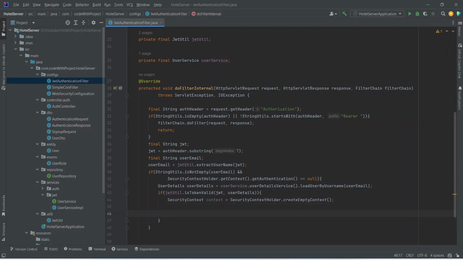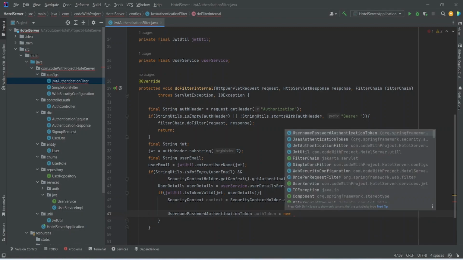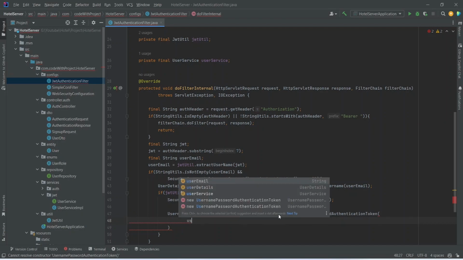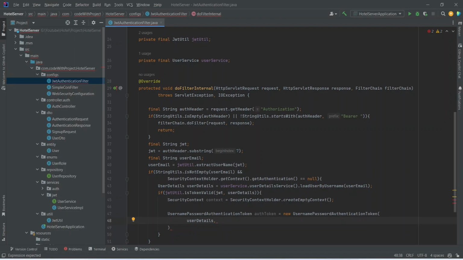So first of all we need to create the auth token, and to create the auth token we will create the object of UsernamePasswordAuthenticationToken and we will name this as authToken and we will initialize it with new UsernamePasswordAuthenticationToken. And in the params of this method we need to pass the user details and authorities, so we will mention userDetails, and after this for the password let's pass it as null, and then we need to pass the authorities, so we will write userDetails and we will call the getAuthorities method,